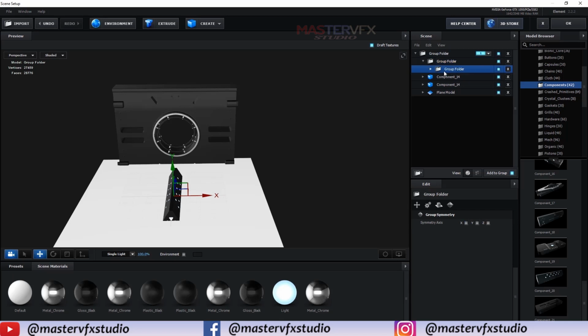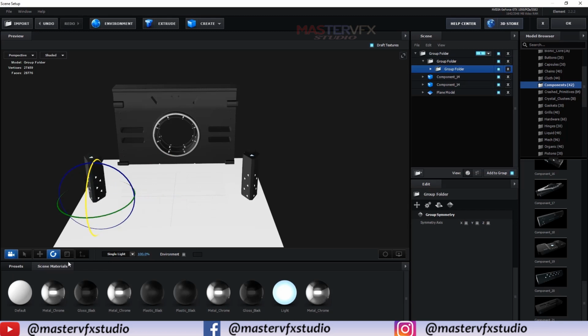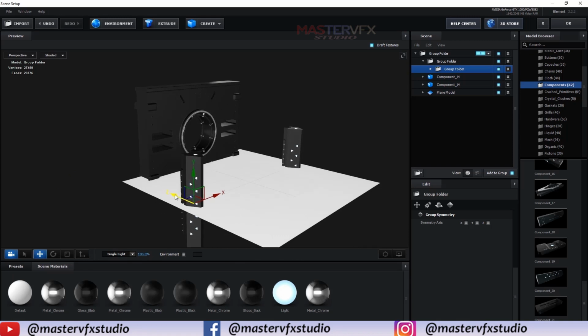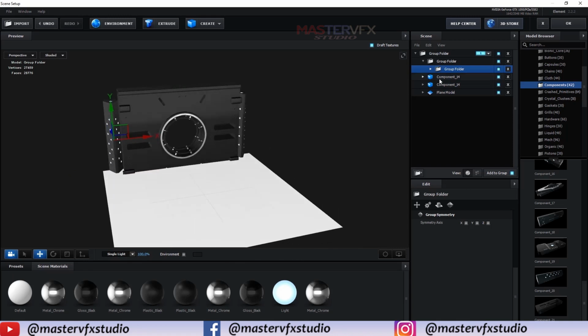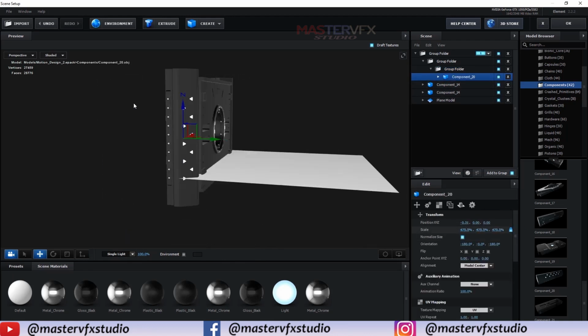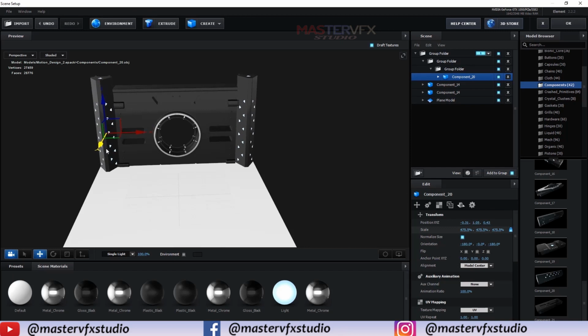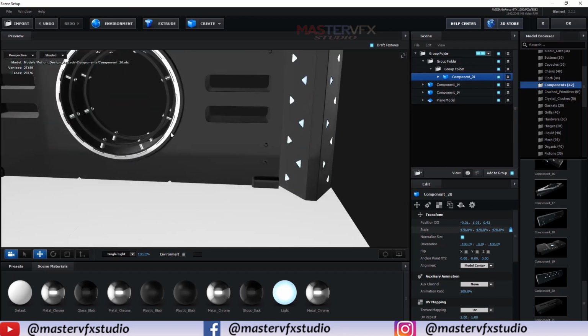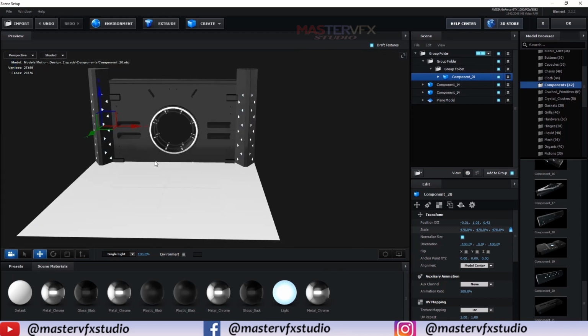Now select this inside group and just place it beside this component. Okay, just scale it. Now further, what we can do,